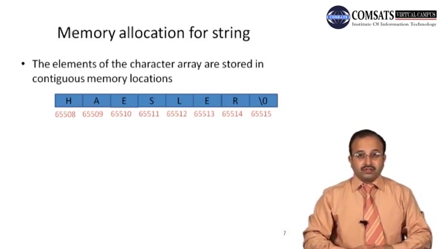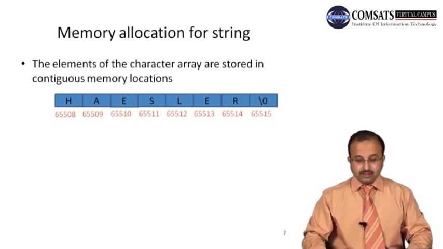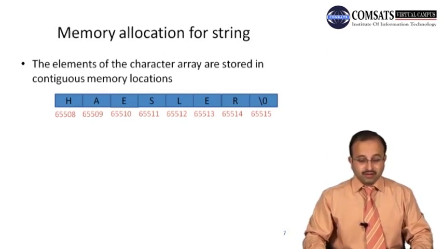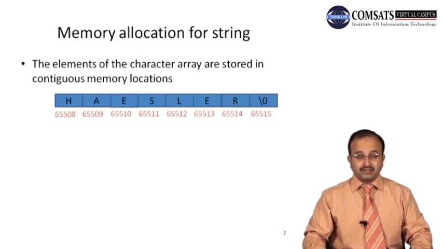Why is this so? Because these 1, 2, 3 are not integers, they are characters from the character set of C, right? There is a difference between a character and an alphabet. Alphabets are A, B up to Z, small and capital, but the character set is the bigger set that contains all the alphabets,